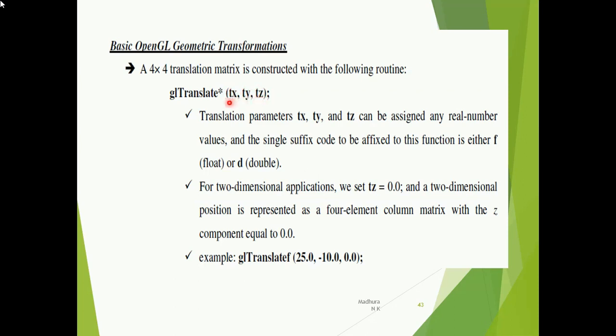For example, glTranslatef(25.0, -10.20, 0.0): you are performing the translation in the 2D plane, because only these two values are active, and f represents floating, so the values you give here will be floating point values.